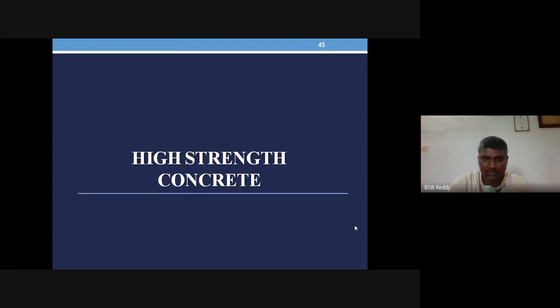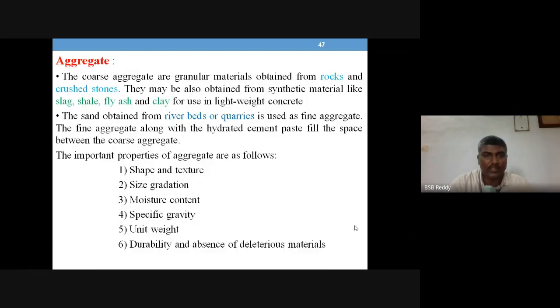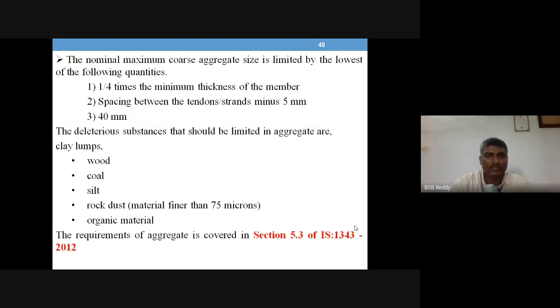Last session we talked about high strength concrete, where we recalled the information regarding basic constituents like coarse aggregate, fine aggregate, and binder, and the aggregate related information like the important properties of aggregates. What are the desirable properties for the aggregates, and also the maximum coarse aggregate size